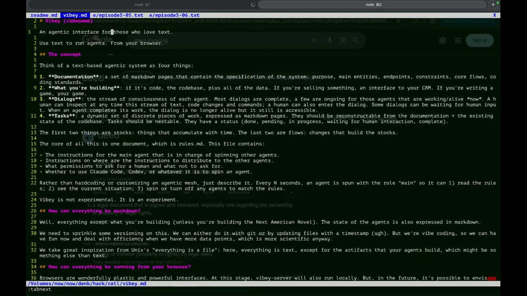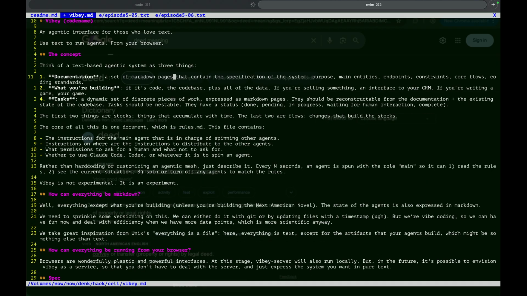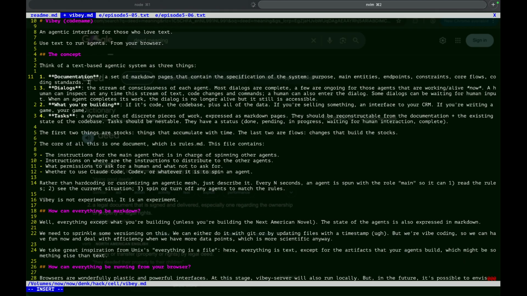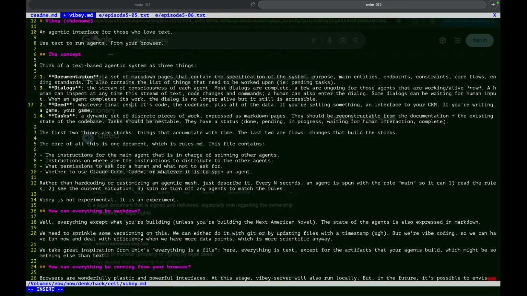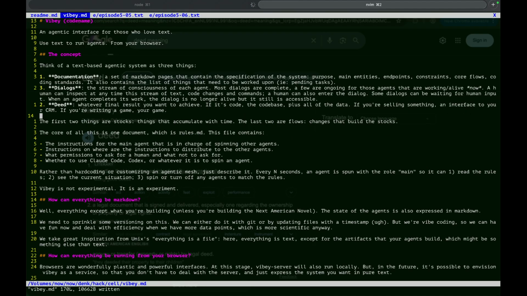So we can change this. It also contains the list of things that need to be worked upon, pending tasks. Whatever final result you want to achieve. This goes away.